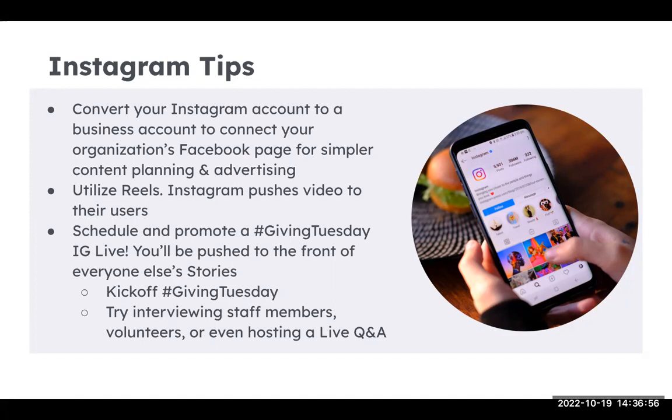Reels is Instagram's video response to TikTok, and provides you the ability to add 1-minute videos, and we'll talk about videos in a second. But through Reels, you can actually directly edit videos in there. So even if you don't have iMovie, Movie Maker, or CapCut, if there are some videos that you currently have on your phone, you can quickly just upload them to Reels, and you can edit and splice them together and add music right on Instagram. So you don't need to do any crazy editing outside of the platform.